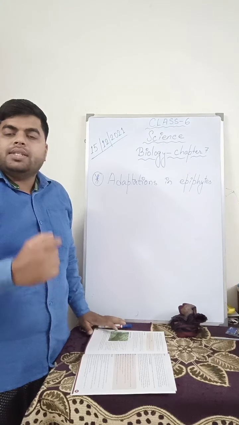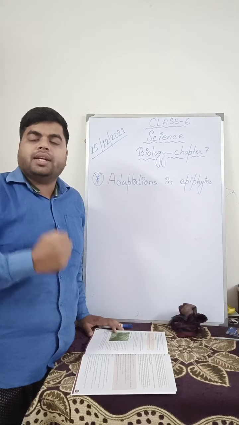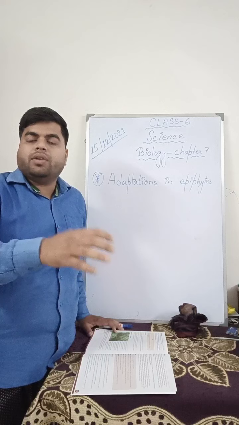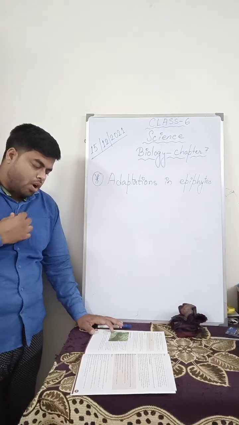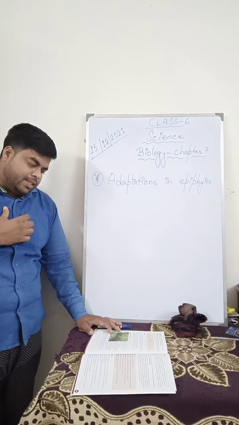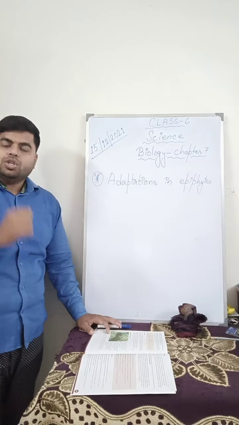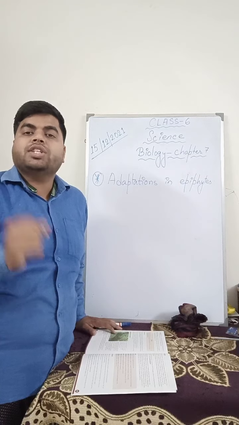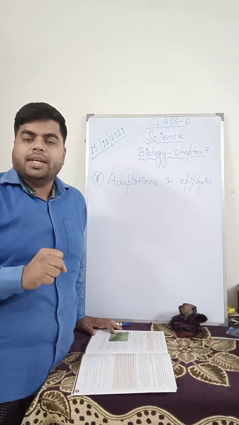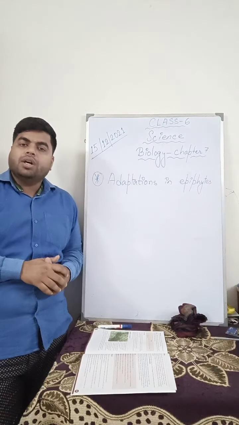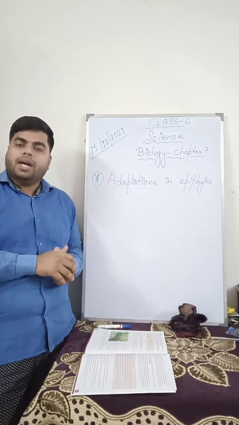So, epiphytes grow in tall trees so that they can get the required amount of sunlight, which they cannot get from a small tree if they grow on it. Next, epiphytes have a strong, thick root system that is extremely efficient in absorbing water from mist, rain, and atmospheric humidity. So, the roots of epiphyte plants are very strong, so that they can absorb water from the mist, fog, rain, and even the humidity of the atmosphere.